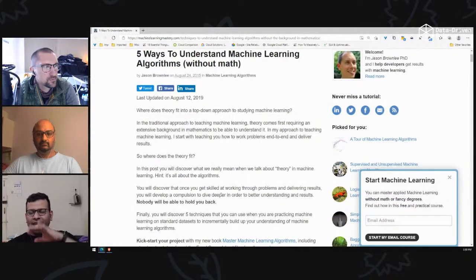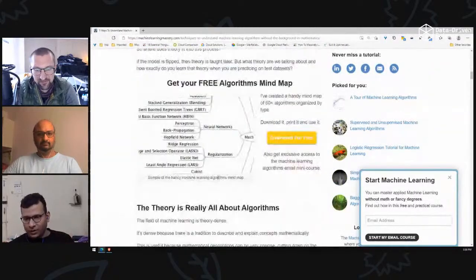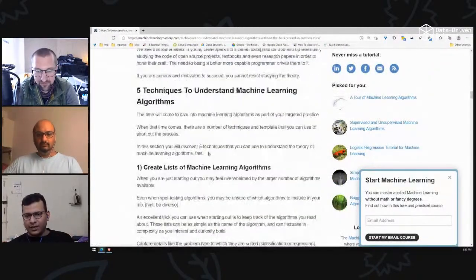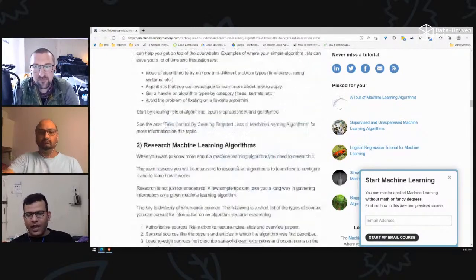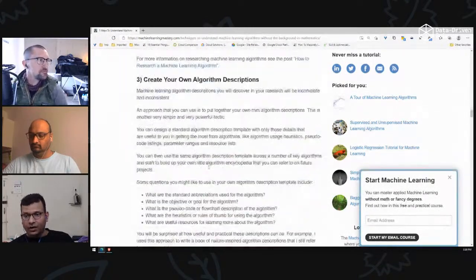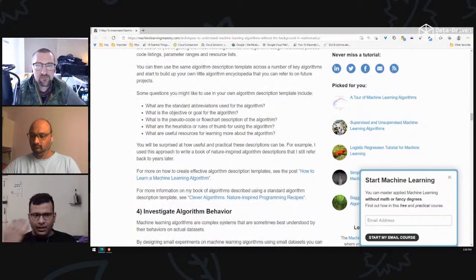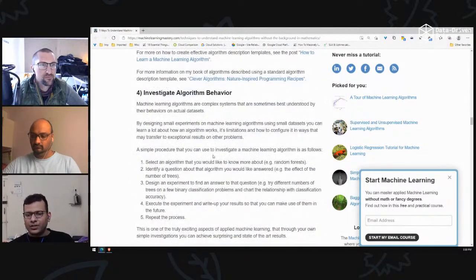If you gain nothing else from this session, gain this: we should first investigate the behavior of an algorithm. You choose a few algorithms to study, then find out how each algorithm works, then write your own interpretation of that algorithm as a theory to understand it, and then investigate.